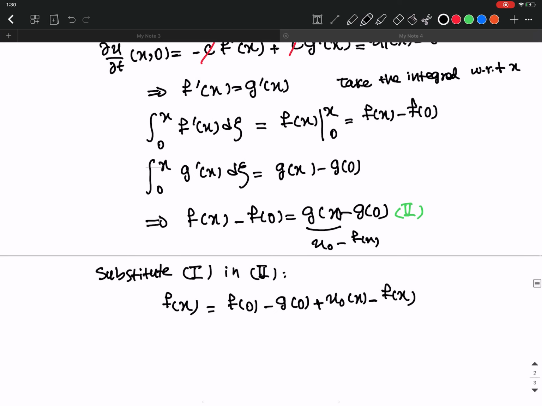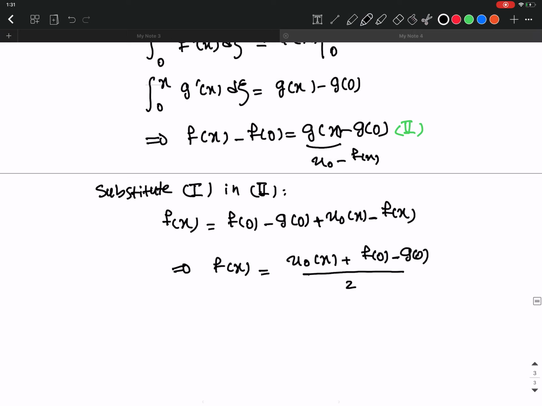So this is the equation I'm gonna get. And so I can bring the f(x) from right hand side to the left hand side, and I'm gonna have 2f(x). So it's gonna be f(x) equals to u naught x plus (f0 minus g0) over 2, right? And g(x) is gonna be similarly found as u0x